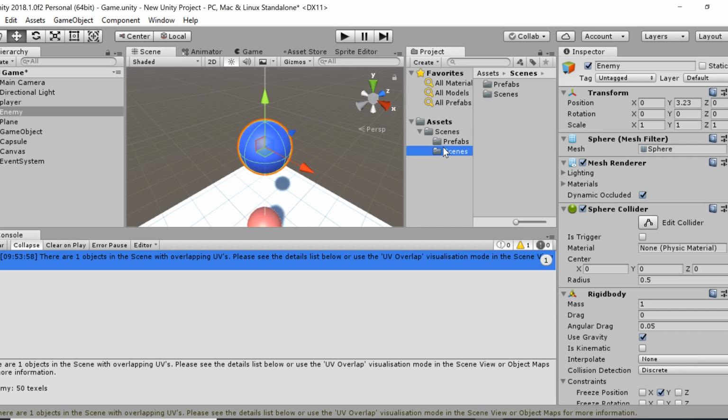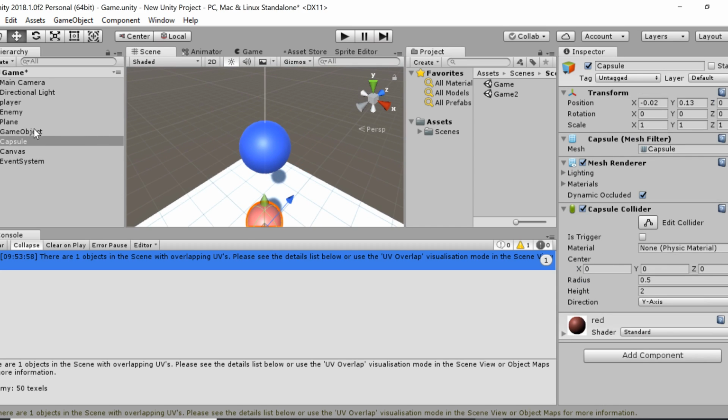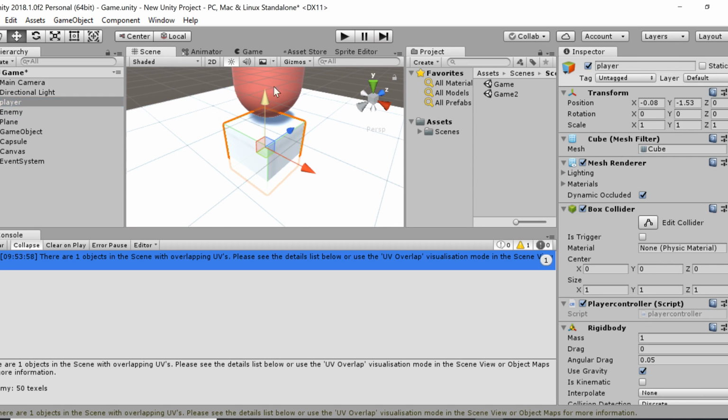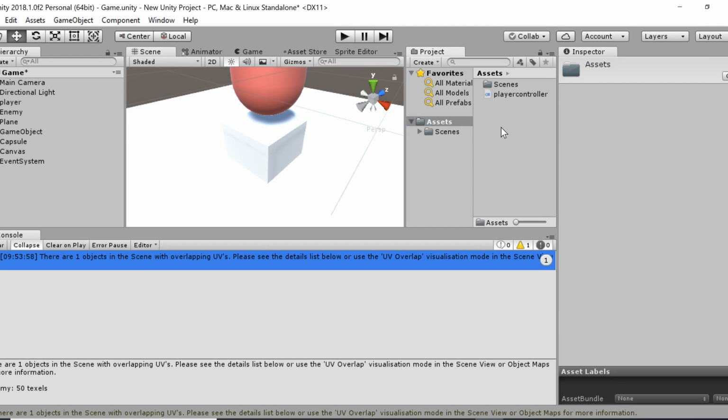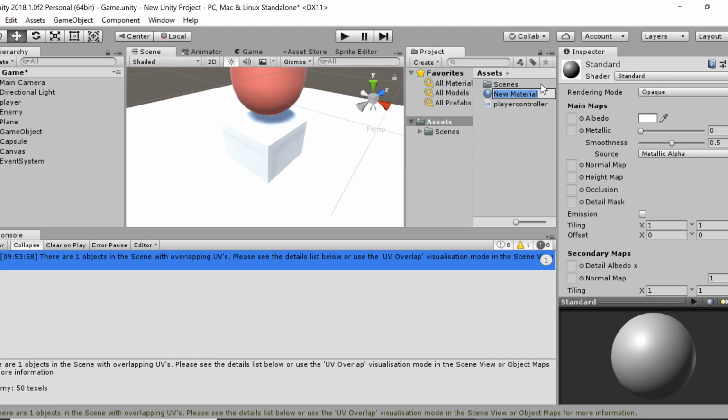So the materials are basically just what give the color to the object: blue, red. Those are the materials. Materials give the colors, and you could give also any color you want. Like if I go, for example, to the asset folder, I could just create a material. You click on material and you could call it whatever you want, like